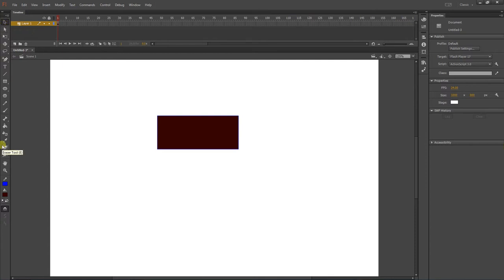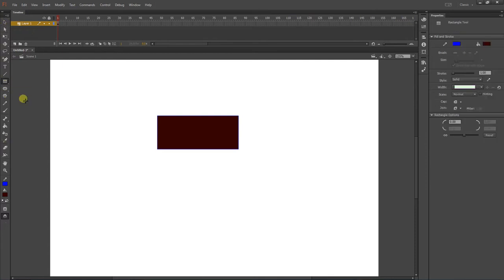All right. And one of the things that you cannot change after you've drawn it, but is very helpful, is if you select any of these shape tools, and I think, yep, brush tool, pencil tool, yeah, any of these drawing tools, stick with rectangle, there's this. If you hover over it, you get a tooltip that says Object Drawing. This is the Make Work Like Illustrator button. If I turn that on,